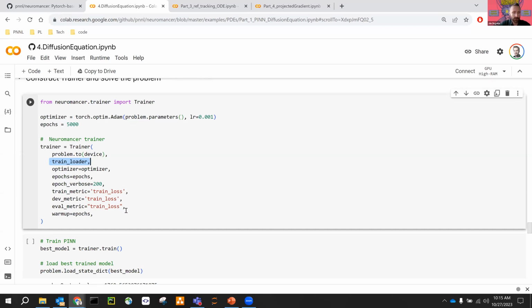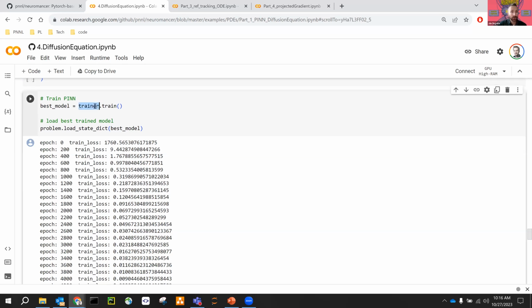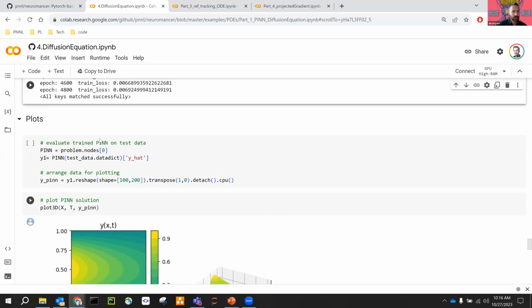And everything else is very familiar hyperparameter setup, like number of epochs, whether you want to print epoch or whether you want to have some kind of early stopping mechanism. You can have a learning rate scheduler, all standard deep learning infrastructure is supported. And then you just have a trainer that has your model, that has your data set and all the hyperparameters, and you call the train method, wait for convergence, and you obtain the best trained parameters, which you can now